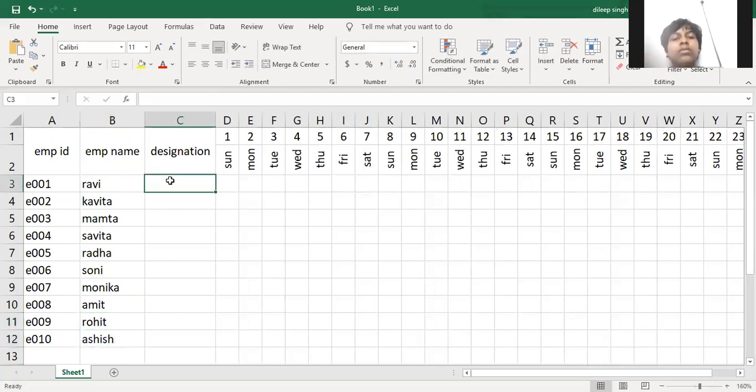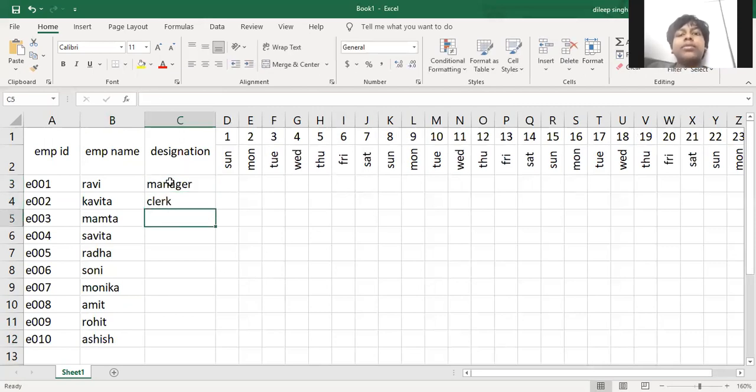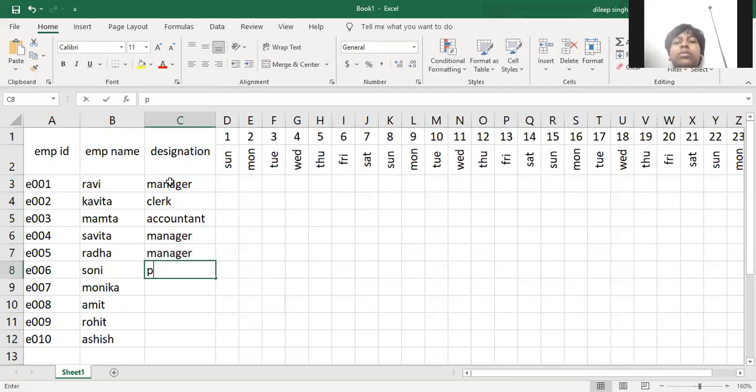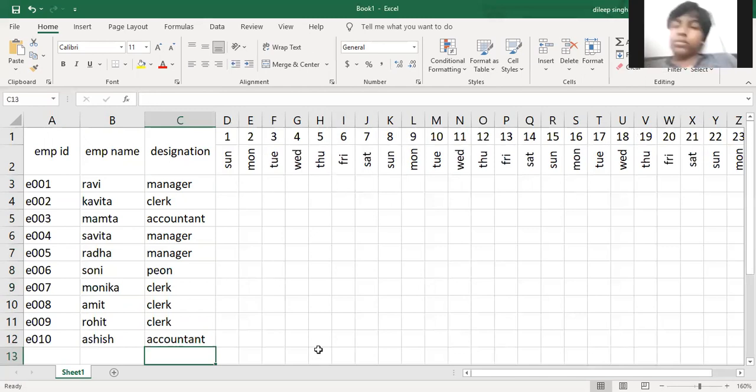These are the names. And just type the designation that is manager, clerk, accountant, manager, peon, clerk, and accountant.